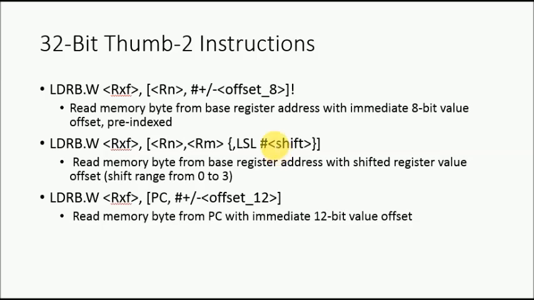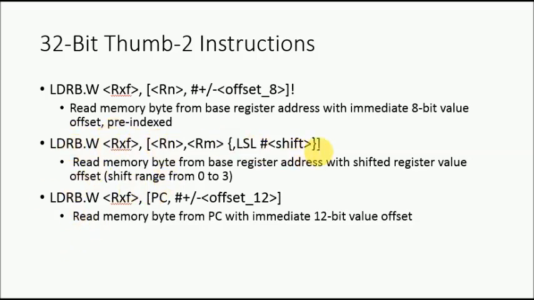The offset is added with the base address present in the Rn register, and the physical address is calculated. Then the data which is present at that physical address will be copied to the Rxf. So this instruction loads the data into the register Rxf from the memory. So this is a memory read operation. Remember here also only a byte is transferred. One byte is transferred using this instruction.